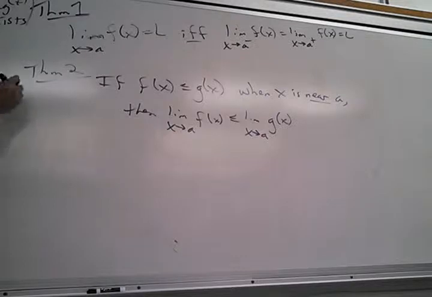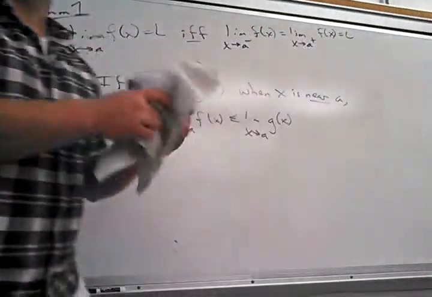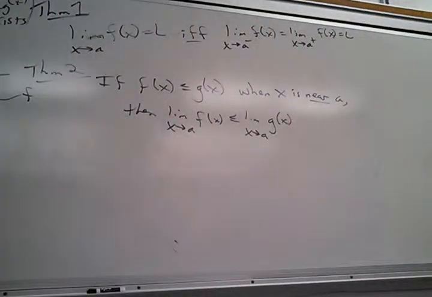If I have one function, f, and another function is always bigger than it, then at some value a, the limit here is going to be less than the limit there. I mean, that's amazing. So, yeah. Is that like the problem you just showed with the limits, when one was up here and one was down here? Not really, because that was a single function. This is two separate functions.